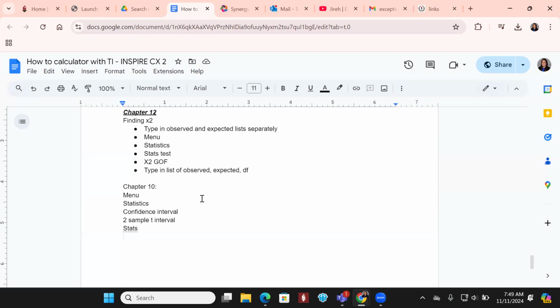Everybody good so far? Okay, so then it gives you a printout and it tells you the lower, the upper, the difference, the degrees of freedom. Okay, so it tells you all that information on there. Good? Okay. All right, so now going back to our page,